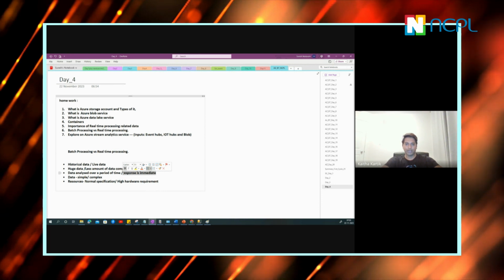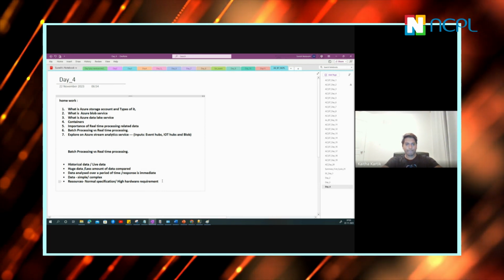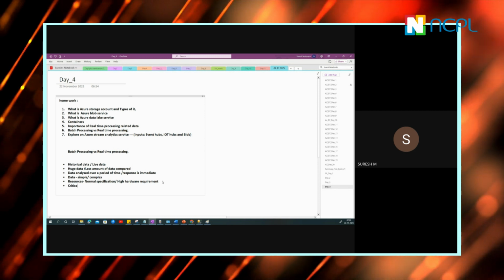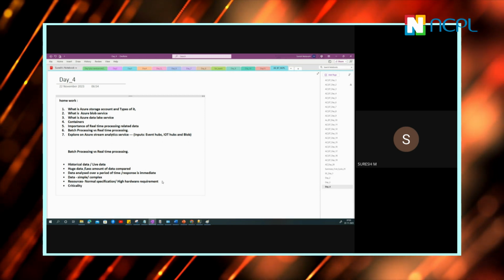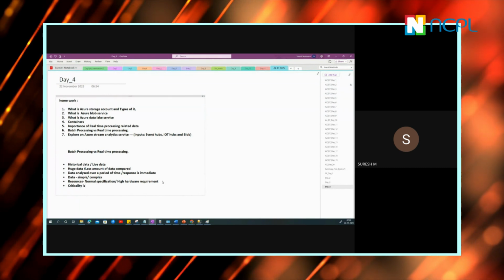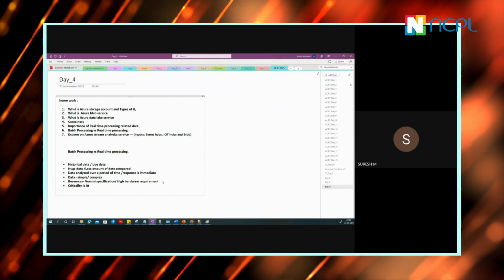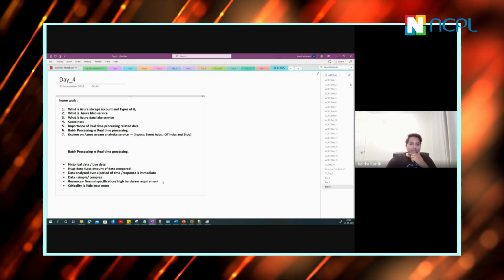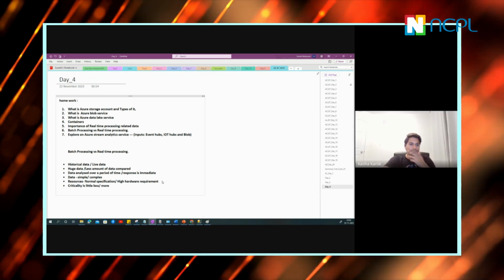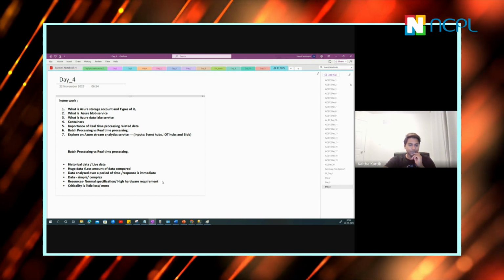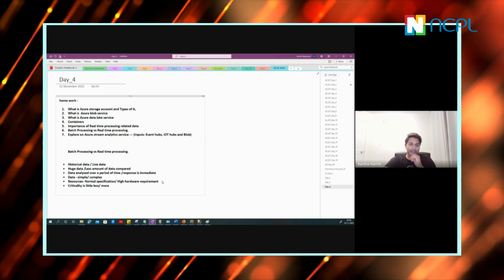You will have a latency issue as well. Less latency in real time, whereas batch will have latency as it is historical data.